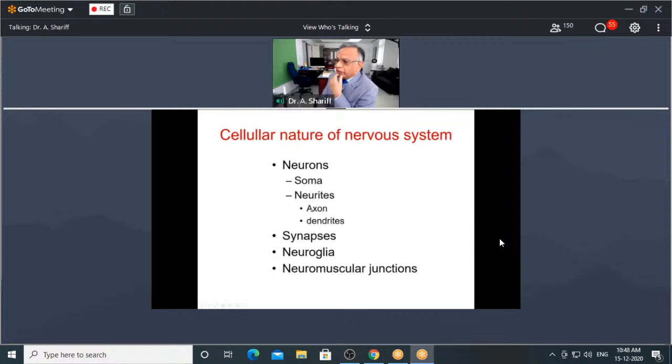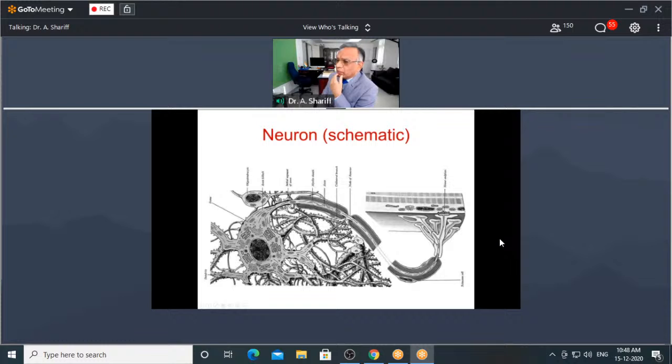And here you can see the neuronal cell body, and these are all various organelles, the nucleus of the neuron, and this long process is the axon, which goes and synapses with the target organs like a muscle or a gland. That is the axon. And many axons require a very fast